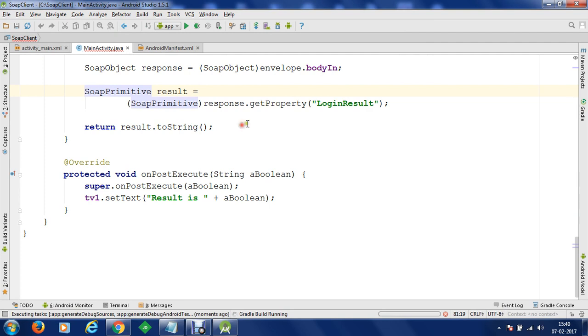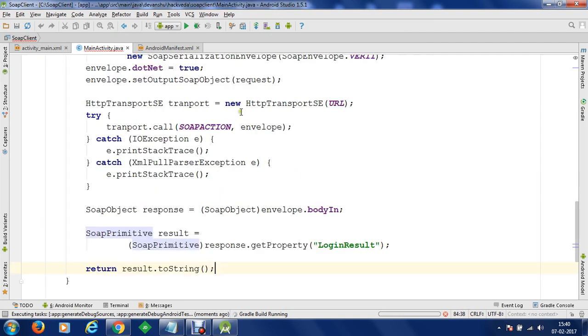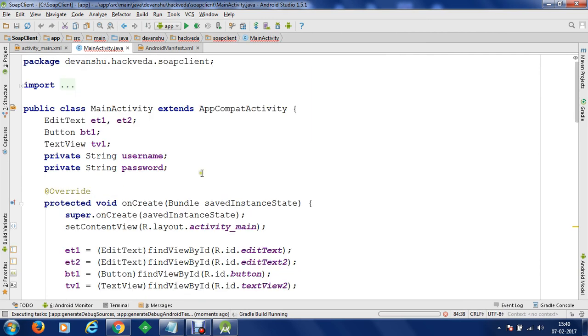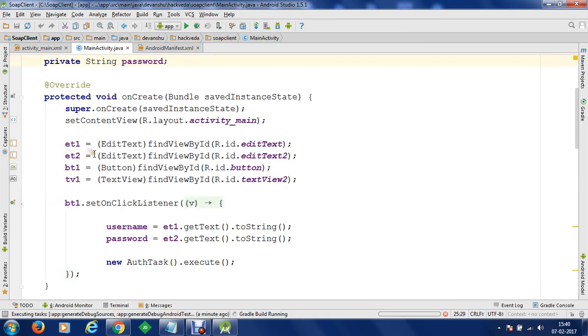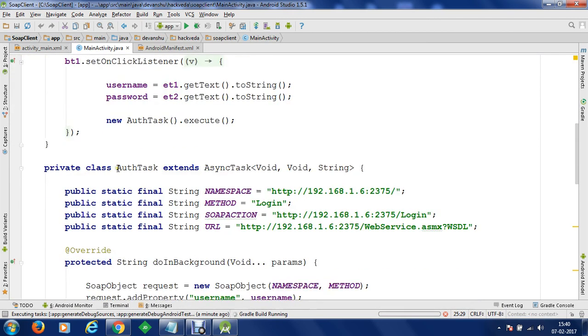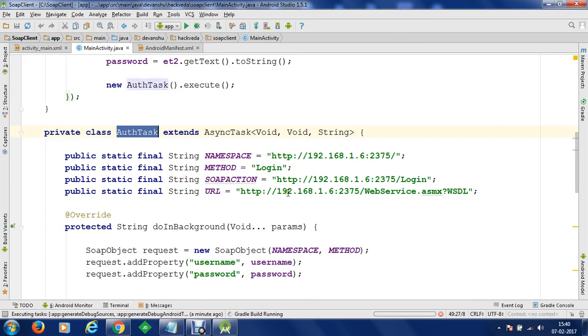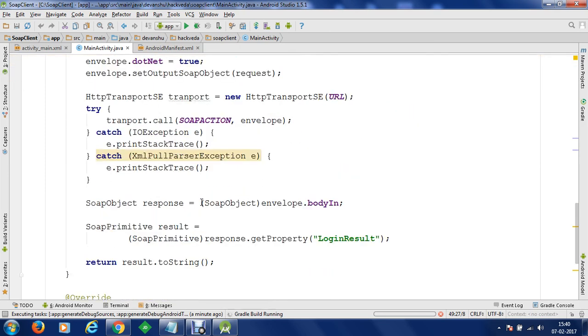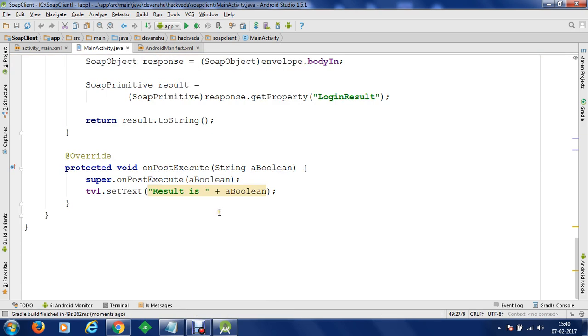At the moment you can see that we have this application within which we have a main activity which extends AppCompatActivity. We are taking some username and password, with some edit text and button controls here. We take the username and password for authentication, and using an authentication task, we are connecting to a server. We are transmitting our username and password to a server using a SOAP object request. Then we will receive the response and display the true or false response of the application on the